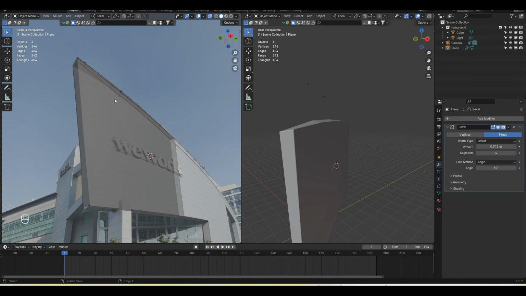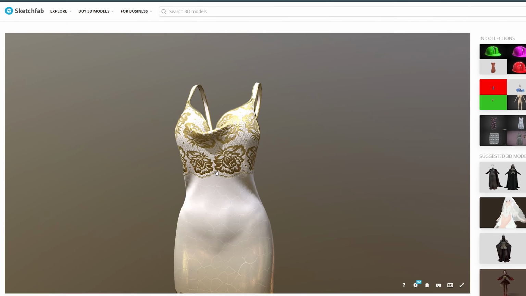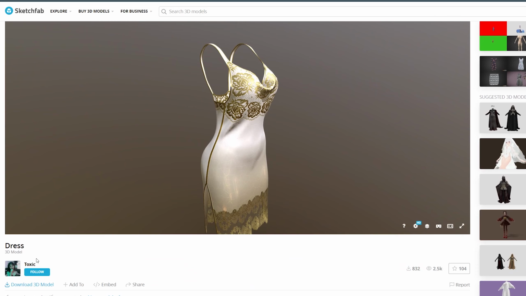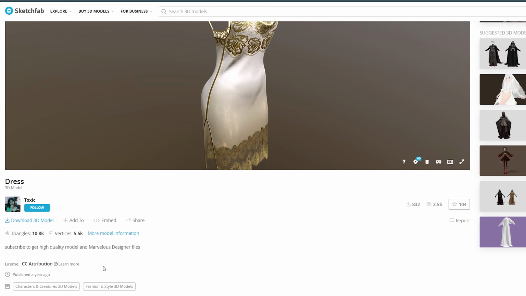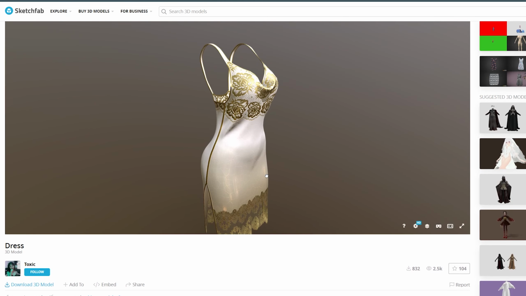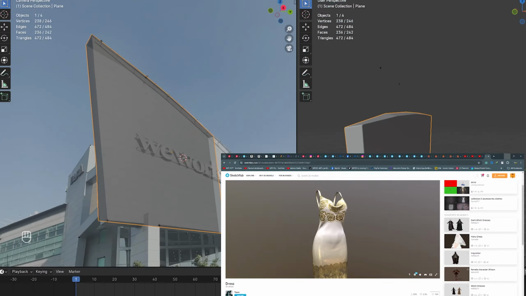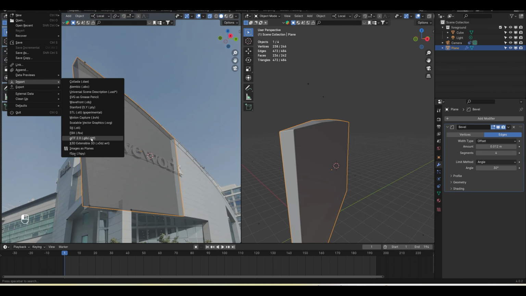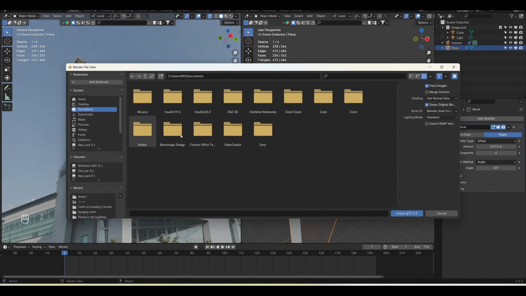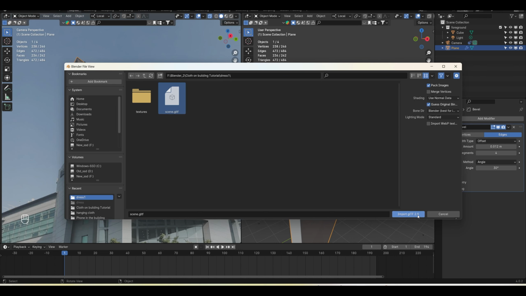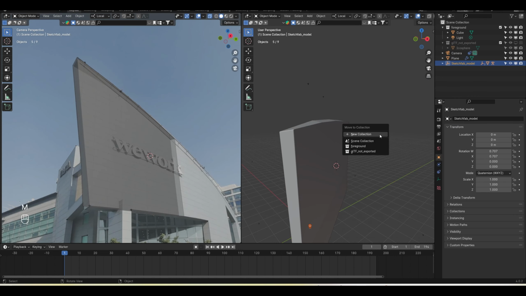Let's import our 3D model. So I downloaded this cloth from Sketchfab from an artist called Toxic. So huge shout out for this one. I will put the link so you can go there and download this cloth. Go to the file, import. I downloaded in GLTF format, so I will select this and click import,